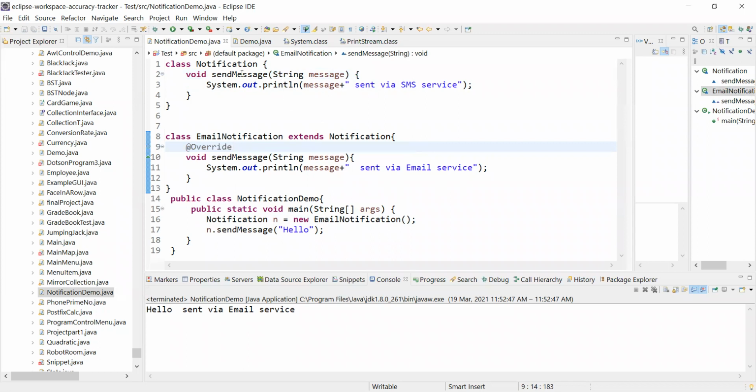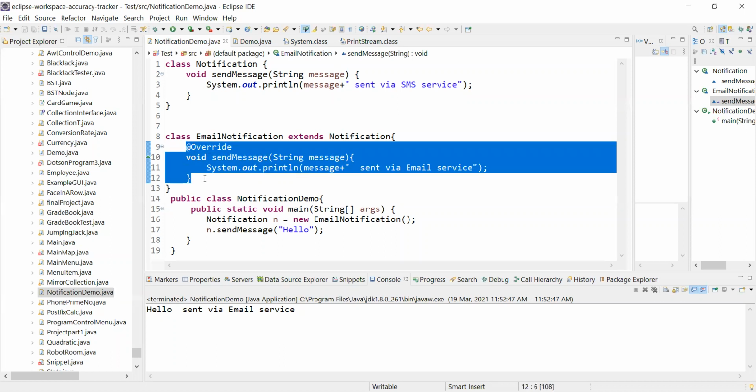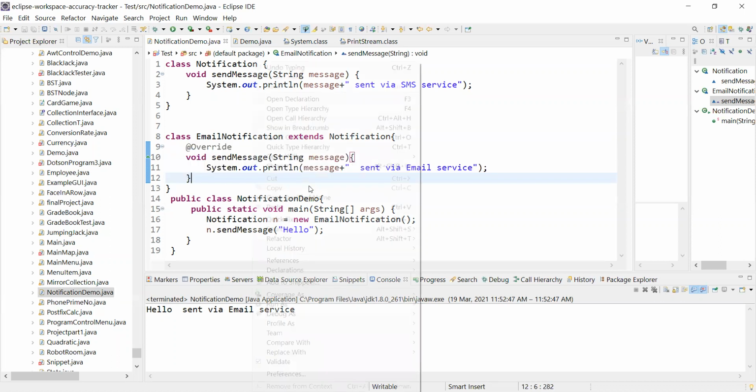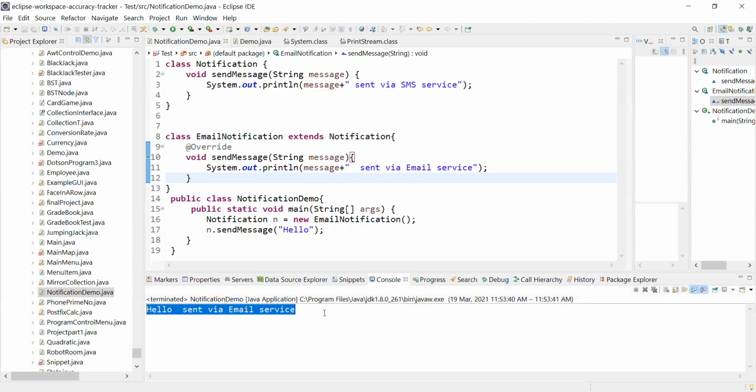We are overriding the functionality which exists in the parent class and doing our own implementation. We don't want the implementation provided by the parent class. We want our own implementation, which we can do using this override concept. Now if I run it again, you can see we are getting hello sent via email service.